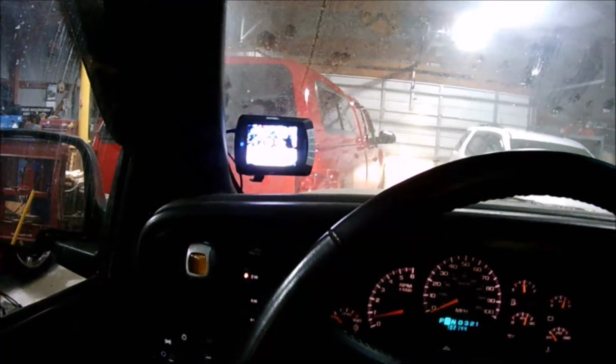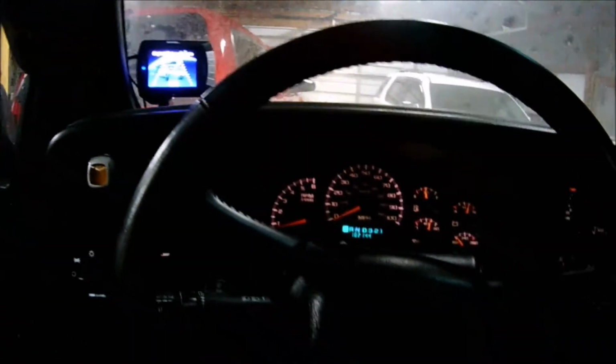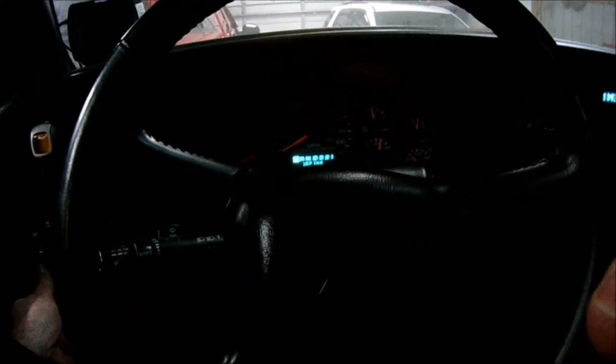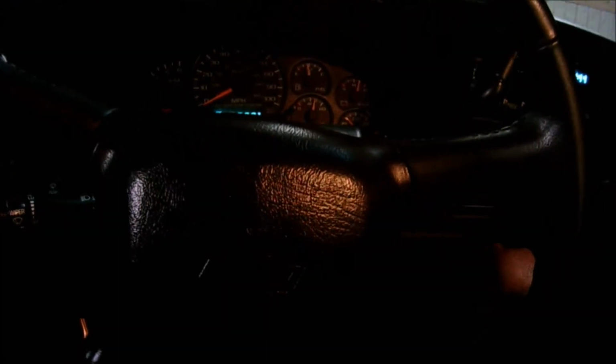I tried to keep it kind of neat and not take a lot of crap apart in the cab, yet not leave the wiring just hanging. Now in this truck here, don't mind what comes on. The 01 had the cigarette lighter plus two outlets behind this cover here. And as you guys can tell, I've just tried to route the wiring in between the cracks of the panels coming together. But hopefully that will